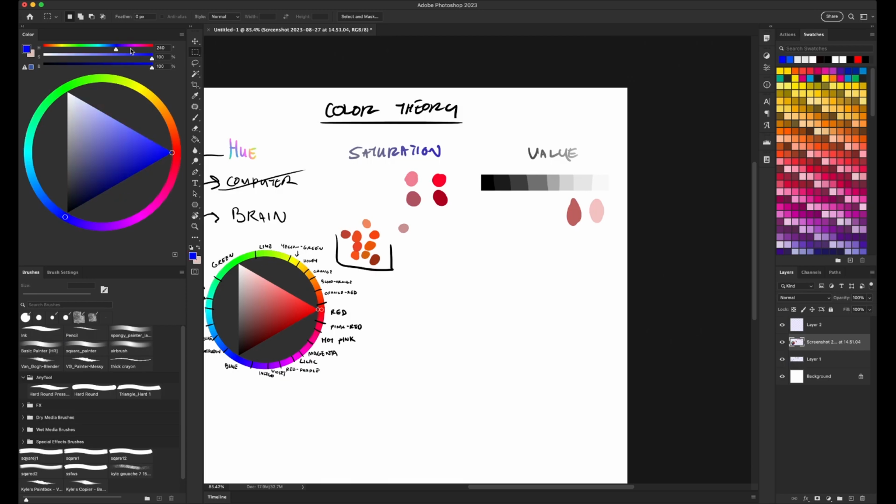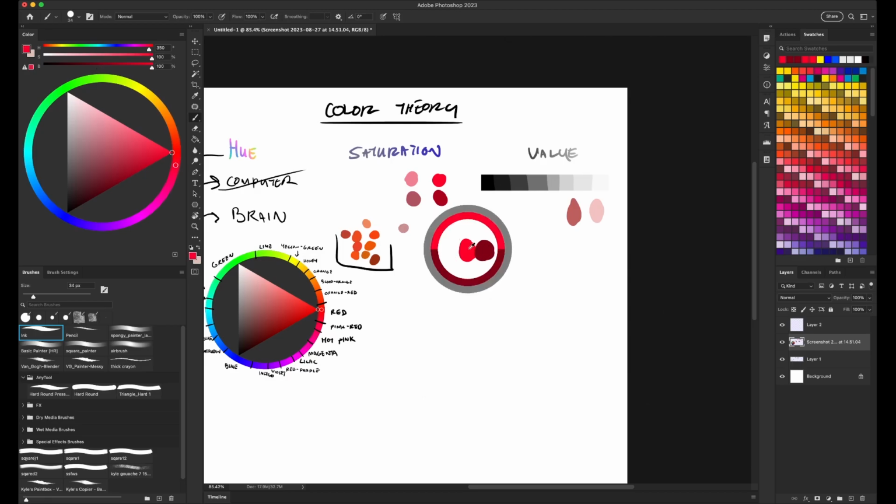So why isn't value brightness? I mean, hey, I just said that it tends towards brightness, right? And if you get a red here, that's this color, and then you lower the brightness, then the value is darker, right? Like, this is darker than this color. I have eyes. Well, that is true, but brightness is a bit deceptive, especially because this pink here, although it